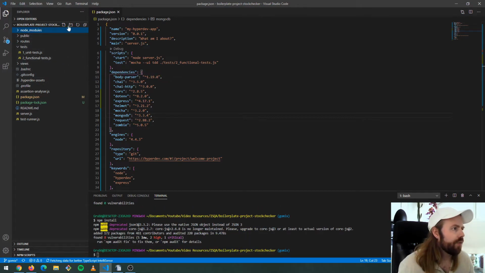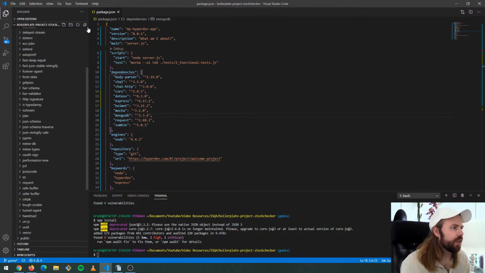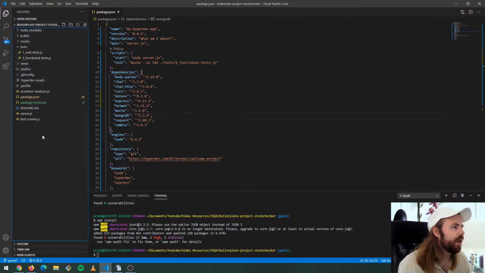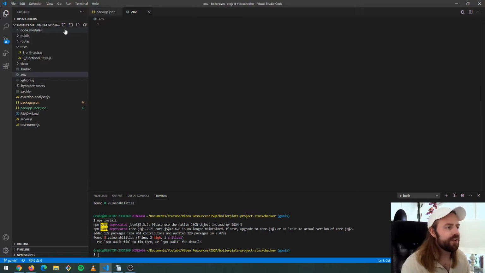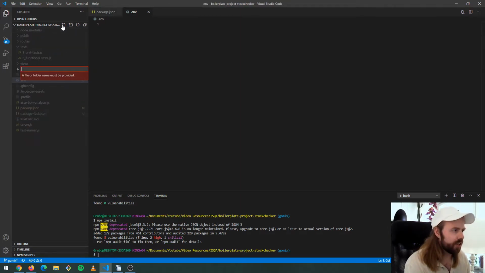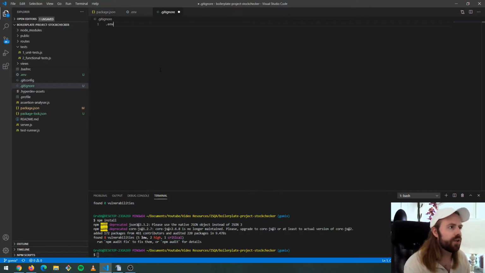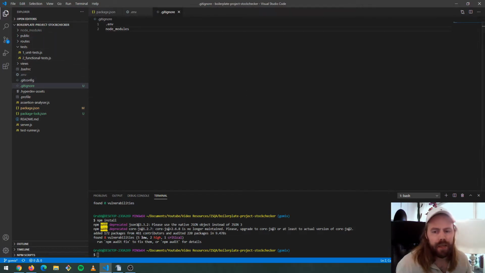We'll also need to have an .env file, not inside of node modules though, so let's not do that. So, the .env file, and while having that, we should also add a .gitignore, just to have that. And in the .gitignore, we're gonna ignore our .env file and our node modules. And we can see that both are grayed out. In the .env file, I want to make sure that I have my database connection string